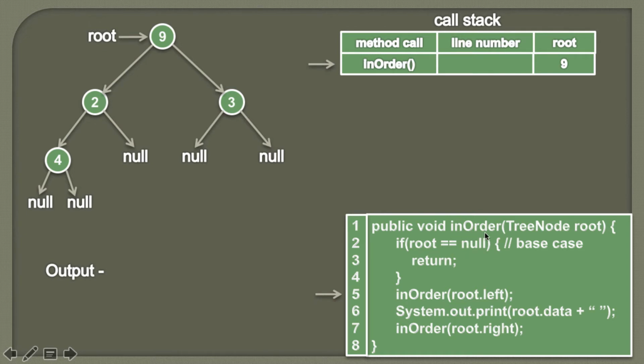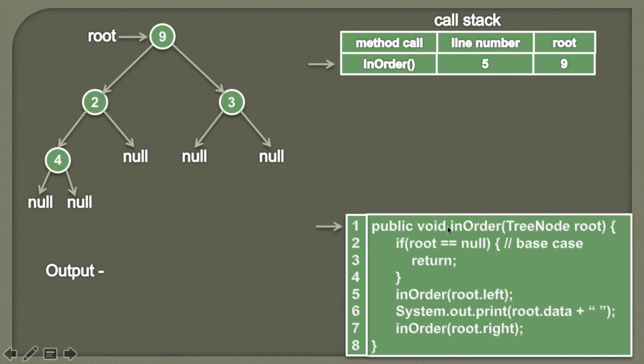So friends, here we are leaving this method and now we are entering this method again. We'll keep track of the line number, that at line 5 we left this method, so that once this method is processed we return back to this method and start executing from line 5. Therefore we'll keep the information for the line number whenever we leave any particular method. So here we keep track of the line number, which is 5, that we are leaving this in-order method at line 5 and we are calling this in-order method again with a root 2.